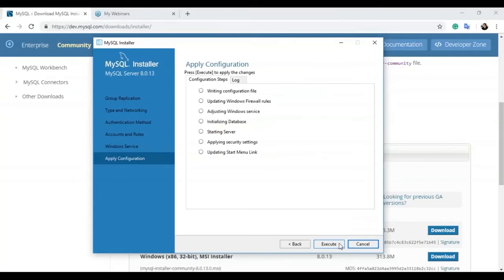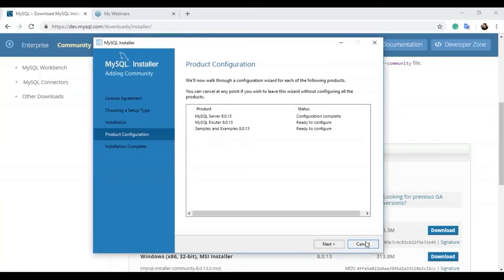Now it's the last step where all these things will be executed, which will include writing the file configuration, starting the server, initializing the database, as well as the MySQL log. So once you click execute, all these things will be executed, and you're almost done with the installation. Just wait for some time. You can see all the green tick marks, and you're almost done. Now you just have to hit finish,